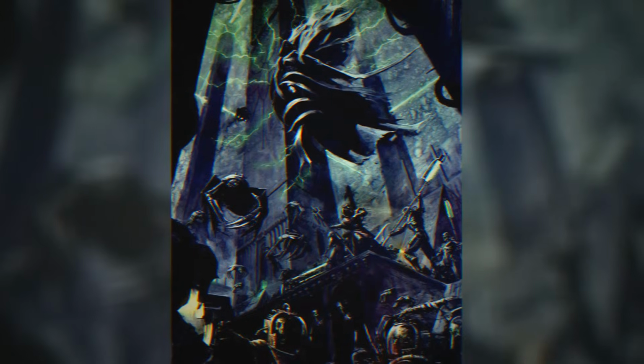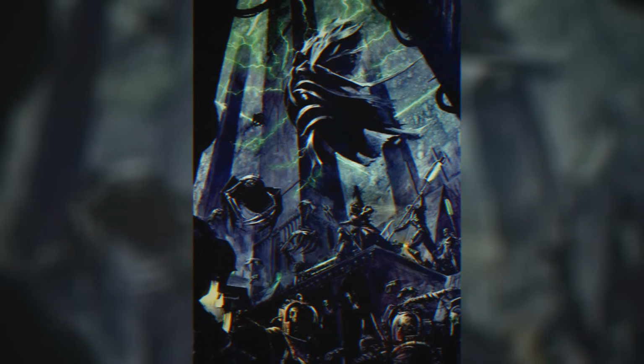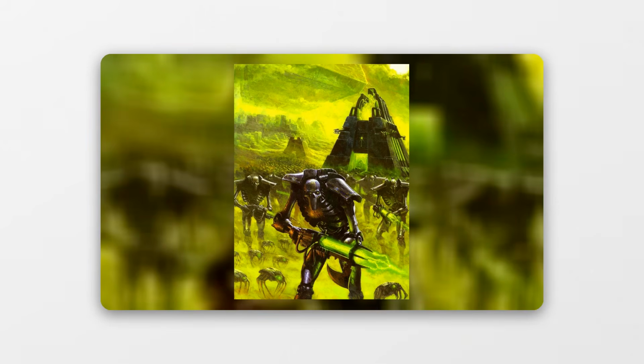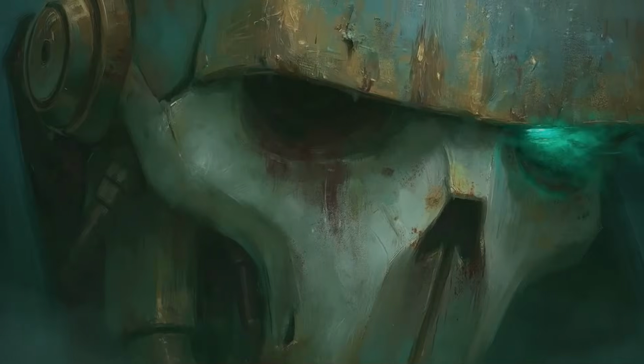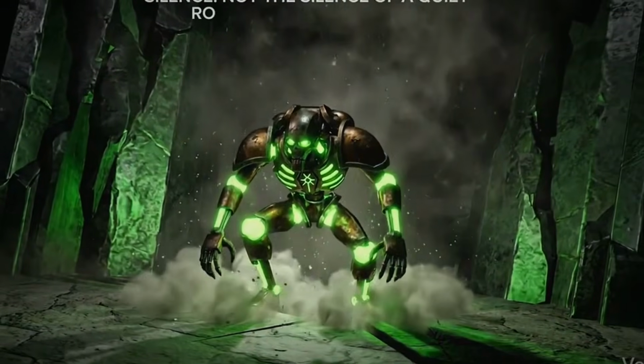The Ceton, feeding on the life force of billions, consumed the Necrontyr's souls. Not their minds, not their memories, but that essential spark that made them truly alive. What emerged from the furnaces were the Necrons, soulless automatons trapped in immortal metal shells. They had their memories, or at least most of them. They had their intelligence and their skills. But they had lost something fundamental, something that could never be recovered.